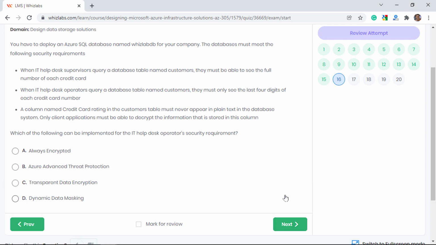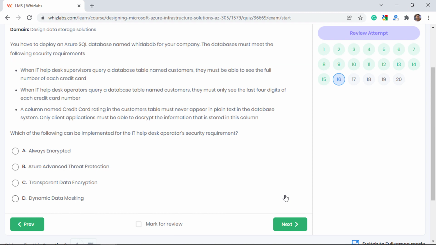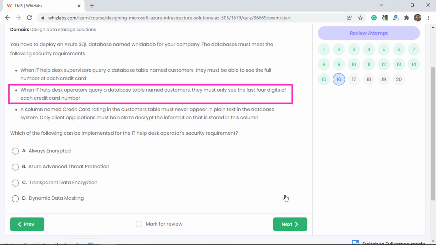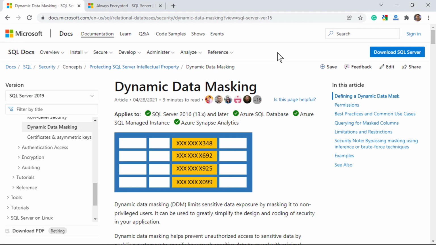You deploy an Azure SQL database. The database must meet these requirements. For this question though, we need to decide which of the following can be implemented for the IT help desk operator's security requirement, which is if they query a table, they must only see the last 4 digits of a credit card number. Well, this is a perfect use case of dynamic data masking, which limits exposure to sensitive data,